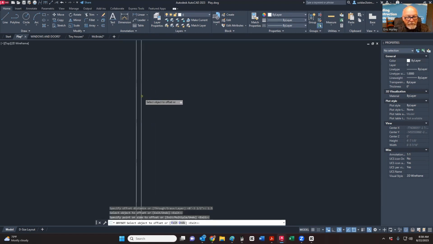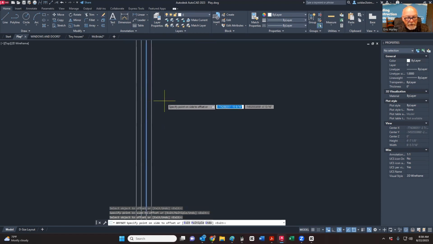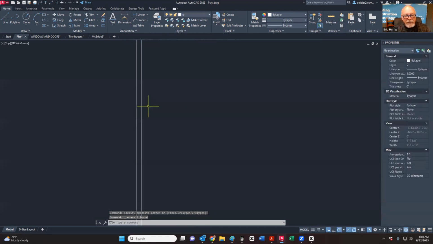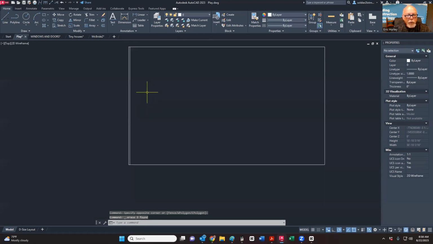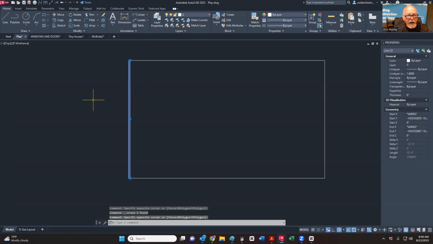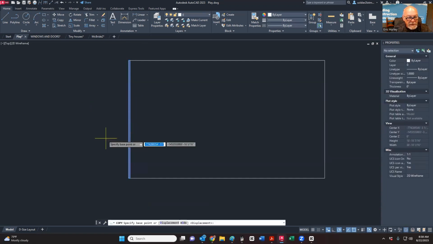All right, so I offset it for 1.5 inches, another 1.5 inches, another 1.5 inches, and so forth. But that's too hard, and I don't want to do it that way. One of the things that I like to do is highlight this, copy it, and then offset it